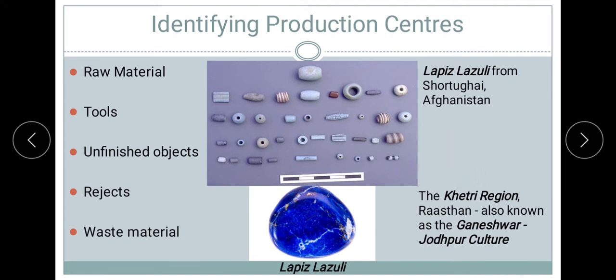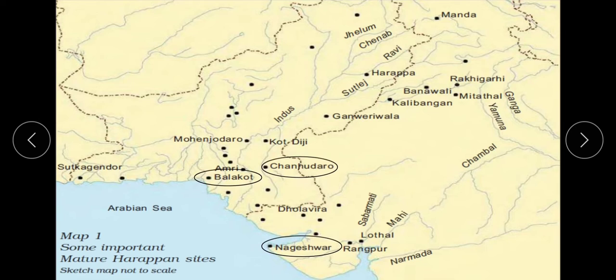Now the other thing which we know about the Harappan civilization is their strategy for procuring materials. Now this is also important. मतलब गजब की चीज़ है. Not everything was found in the Indus Valley region. There were things which they needed to procure from distant places. So like there were places on the Indian subcontinent which became very important for them, like